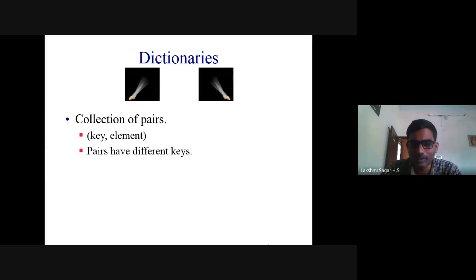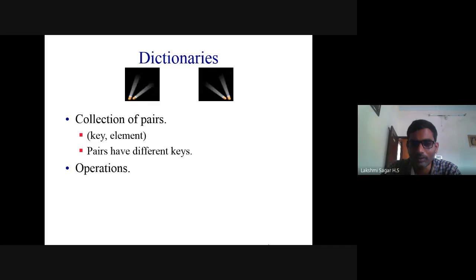Sometimes they may have the same key, and sometimes different keys. I will give examples of the same key later. The key may be the same, but the element may be different.